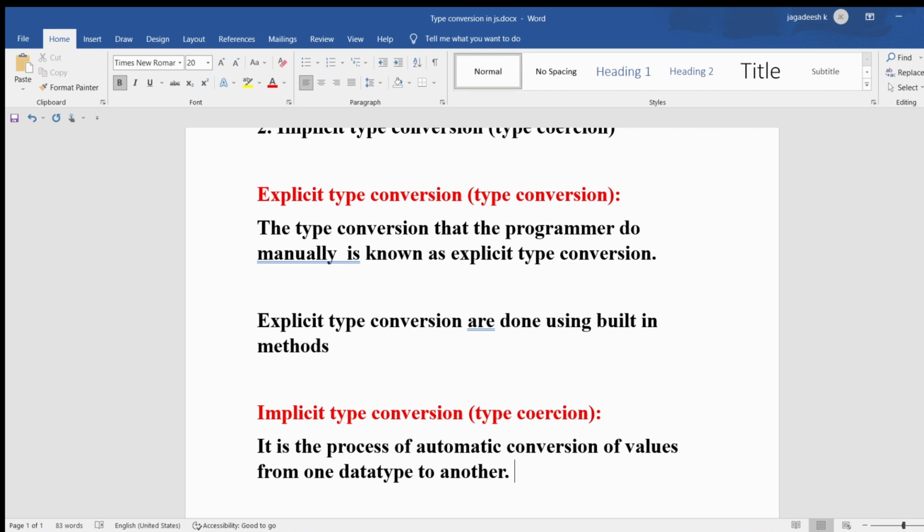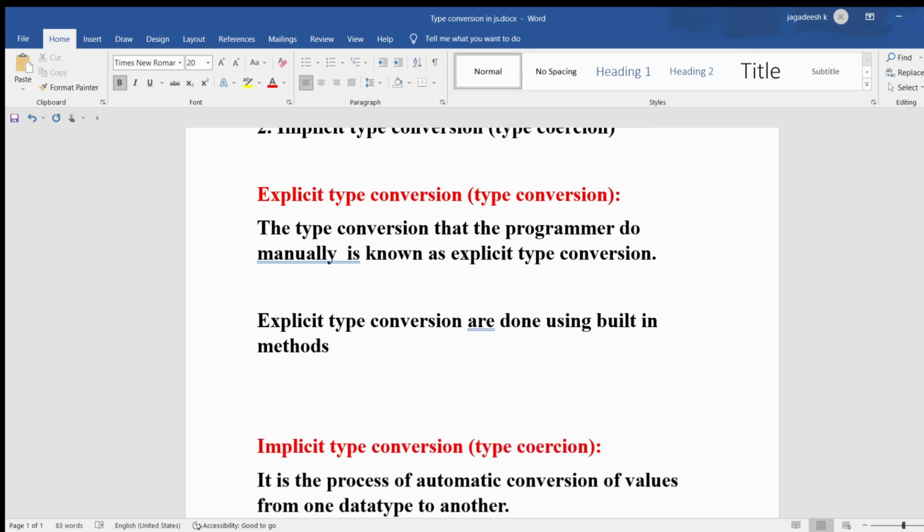Now let me discuss in detail the explicit type conversion. As I said, explicit type conversion is nothing but type conversion in JavaScript. The type conversion that the programmer does manually is known as explicit type conversion, and it can be done with the help of built-in methods like the Number method, the String method, and the Boolean method. First let me discuss the Number method. The Number method is useful to convert strings and booleans to numbers, but the string should not have a collection